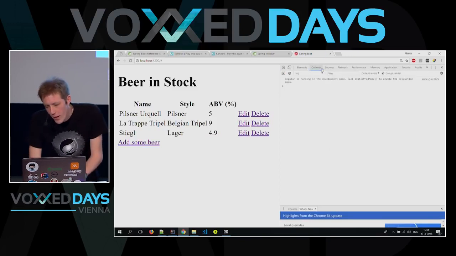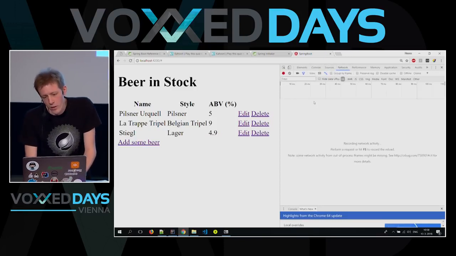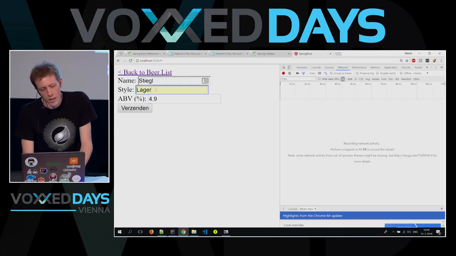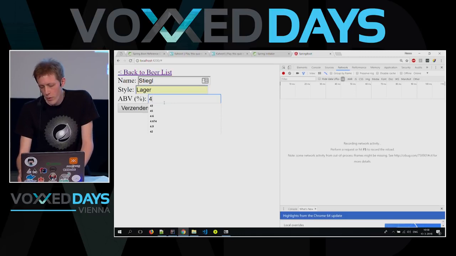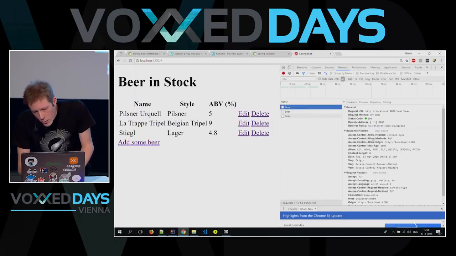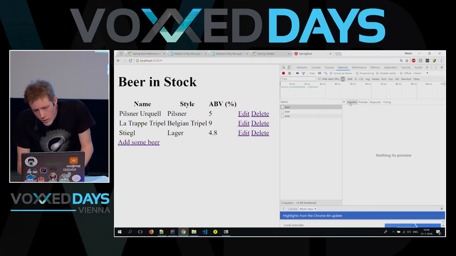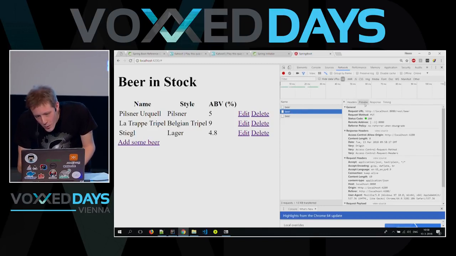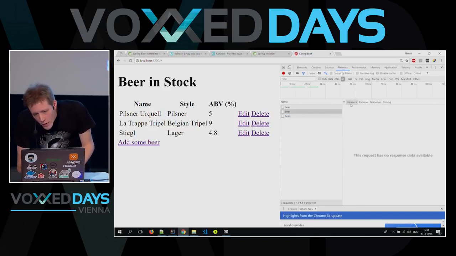So for all the guys who are thinking, or the girls who are thinking, this is just a front-end demo, it isn't, because if I do some things like this, Stiegel is not 4.9 but 4.8. It will actually send a request with the headers in it. If I select the right request, this is the put one.